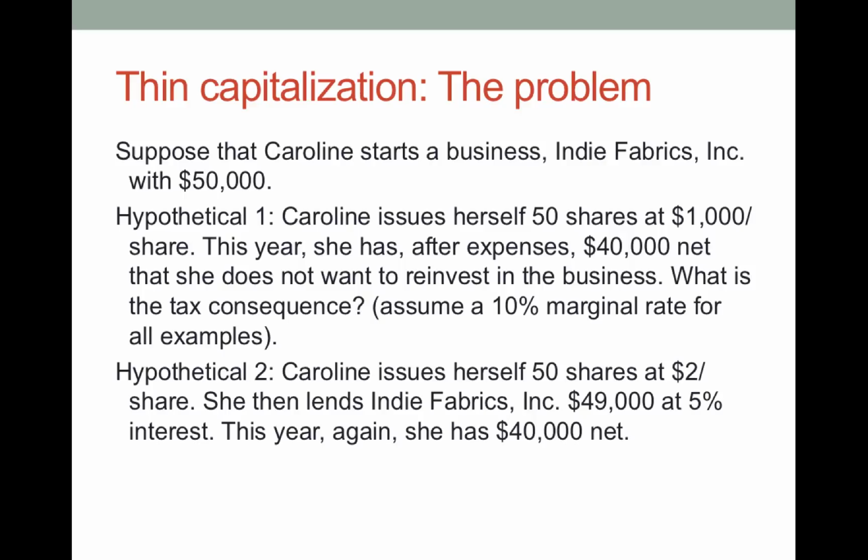Let's suppose that this year, again, Caroline has $40,000 net that she wants to pay out to herself. How is she going to do it? Well, what if she calls that $40,000 repayment of a loan? If it's repayment of a loan and not salary, not bonus, not dividends, is there a tax consequence? No. Why? Because to the extent that you were just repaying the capital that you lent, and that originally was $49,000, to that extent there's no gain. You're just getting back what you lent. There's no tax event because there's no gain. There will be some small amount, 5% of it, that you've agreed to pay taxes on because of the interest,